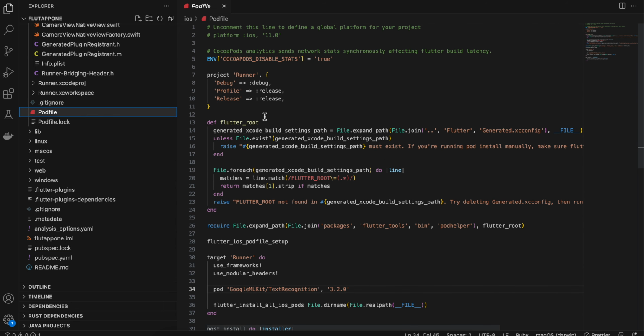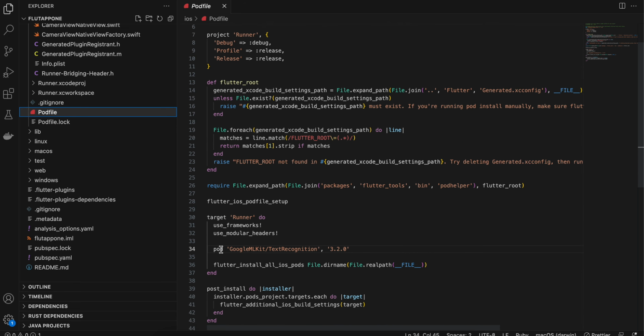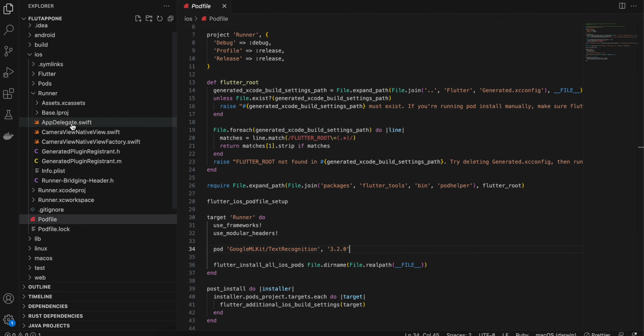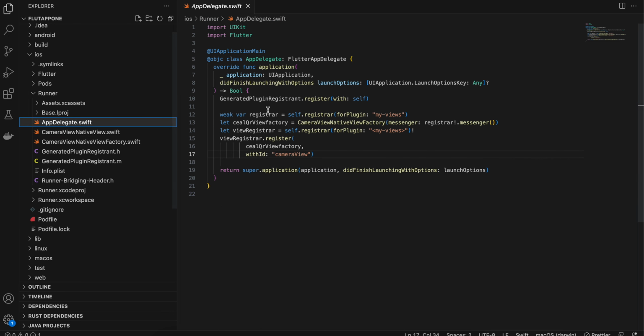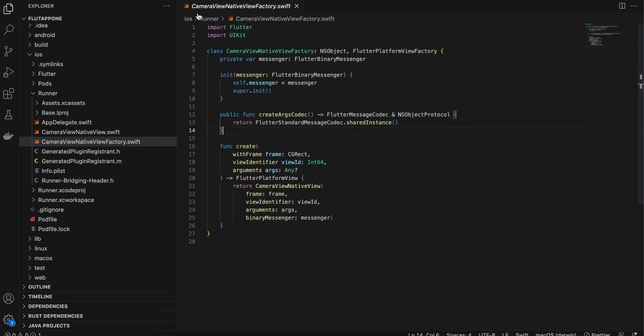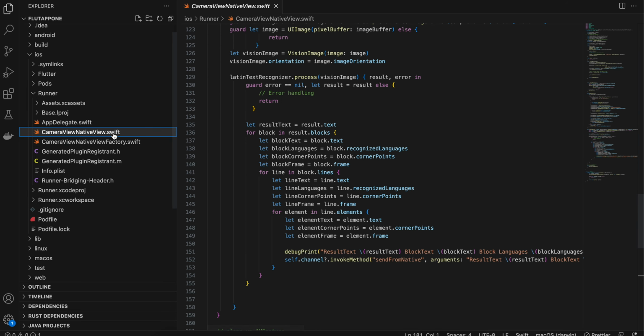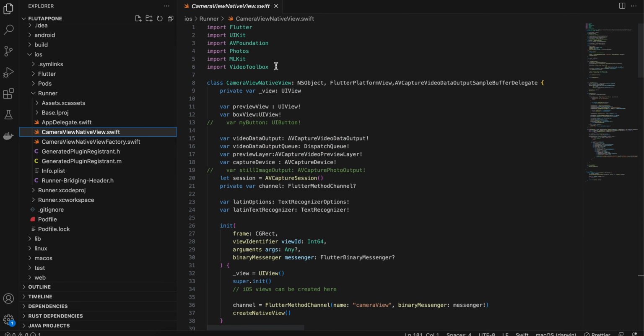So here you can see in the Podfile I have added this dependency of Google MLKit text recognition. Once you do that, you have to run pod install as well from the terminal. Next you have to go to AppDelegate.swift, and here you can see that I am registering our camera view. So this is the same string which we have defined on the Dart side. Next you have to create this CameraViewNativeViewFactory, and this is boilerplate code which we have seen many times. And the important thing is we are referencing this CameraViewNativeView, so I have created that file as well. And here you can see we are first doing all these imports,